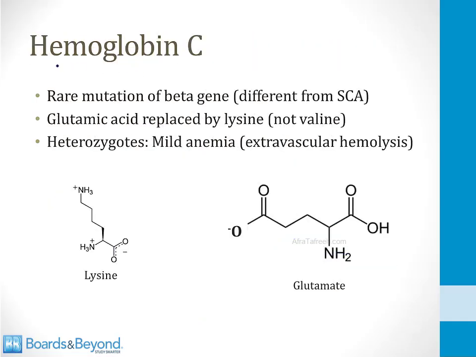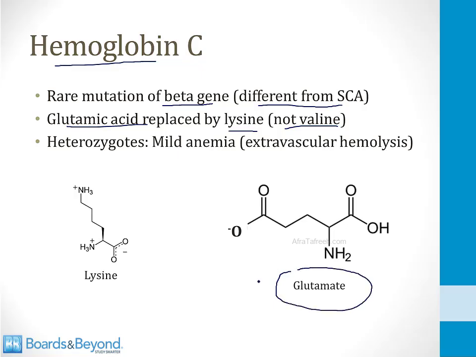The last topic for this module is hemoglobin C. This is a rare mutation of the beta gene that is different from the mutation in sickle cell anemia. In this condition, glutamic acid is replaced by lysine, not valine. Let's look at the bottom of the screen. This is the structure of glutamate or glutamic acid, and in hemoglobin C, it is replaced with lysine, not valine. Lysine is more polar than valine, therefore this is not as severe a change in protein structure as occurs in